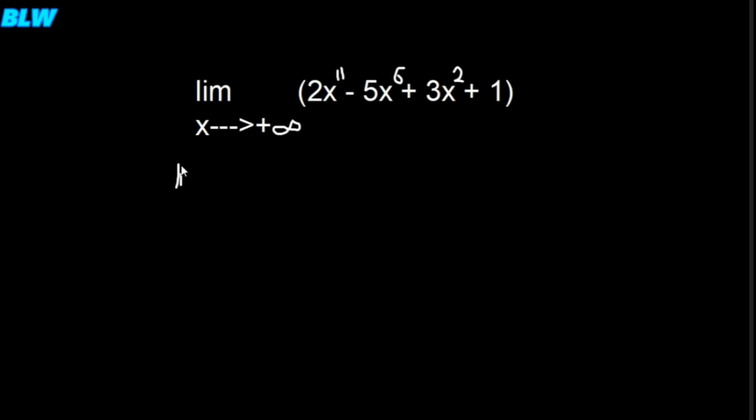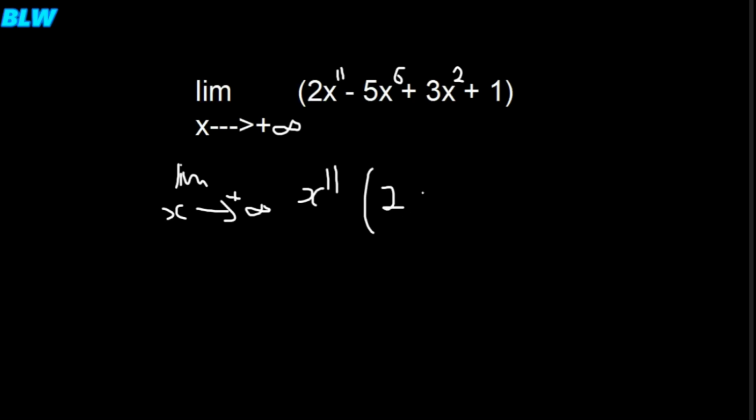So I now have the limit as x approaches positive infinity for this expression. I want to prove whether the limit of this will give me a positive infinity or negative infinity answer, because x is approaching infinity. So what I'm going to do here is factor out the highest power, which is x to the power 11. So I now have the function to be x to the power 11 times the bracket, 2